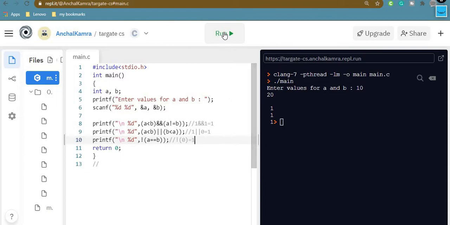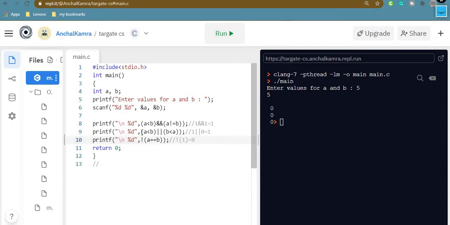I am just running it for you once again. Now I am writing 5 and 5. Now see, now the answer is totally different. The reason being, it is pretty clear that over here 5 is equal to 5, right? So it should result in what? It should result in true, or you can say it should result in 1. So not of 1 is equal to 0.